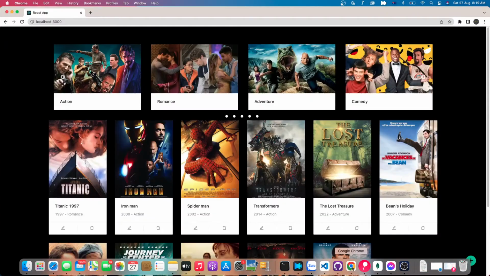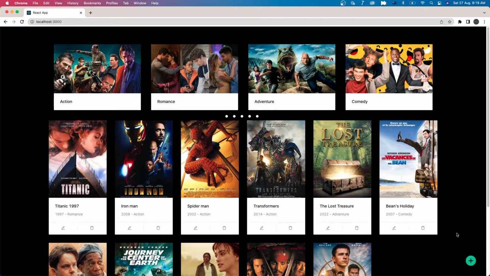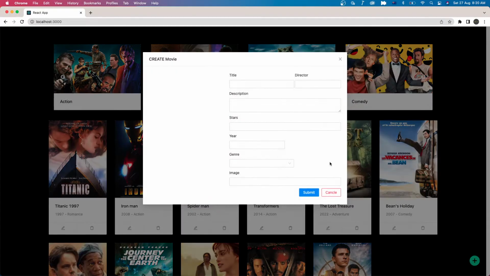Okay, let's go back to the web browser. So we can see the plus icon here. When we click on it, we will see a pop-up modal with the title create movie, and we need to